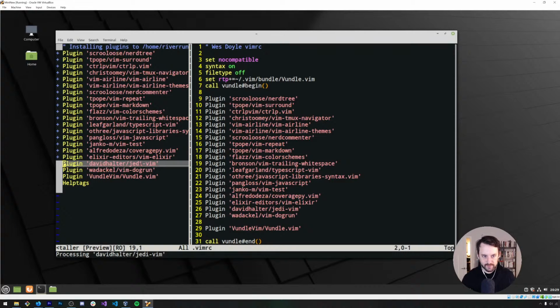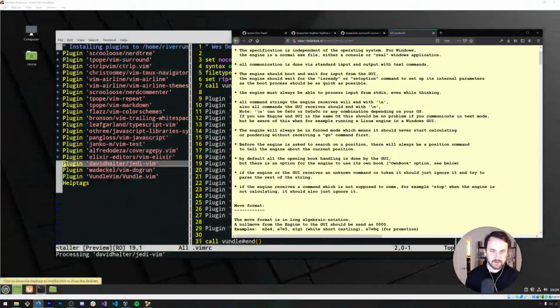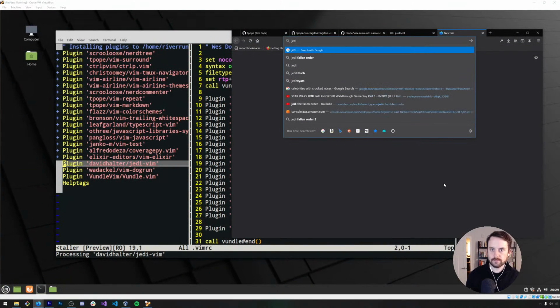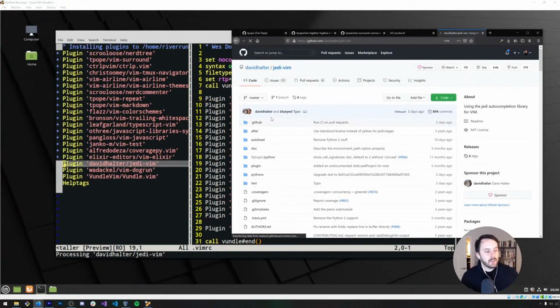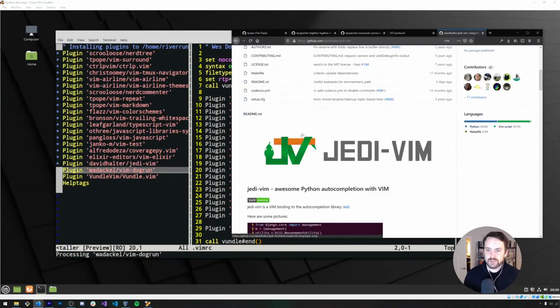I should have known Jedi Vim was going to be the biggest. Jedi Vim is a really nice plugin for documentation, if I recall, using Jedi, which is an auto-completion engine.